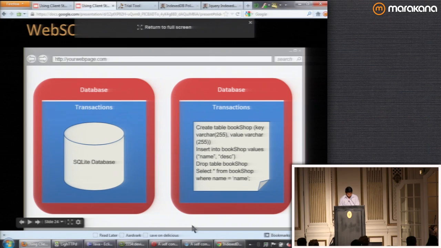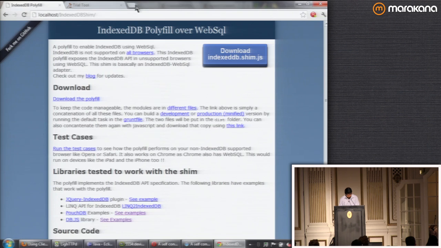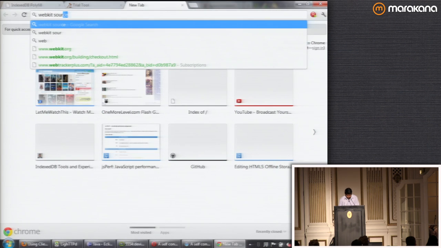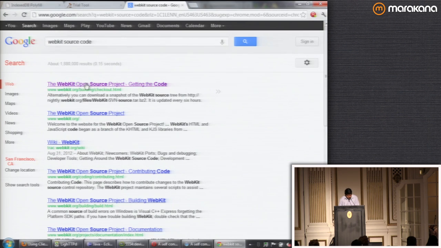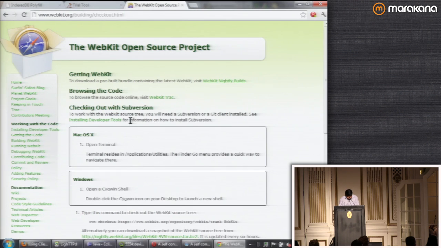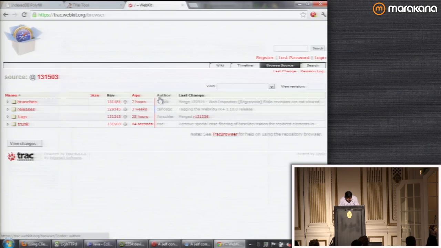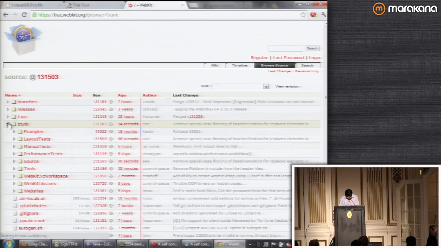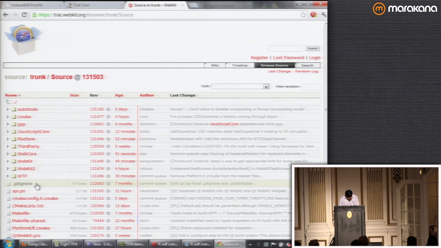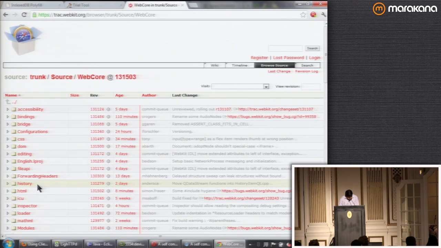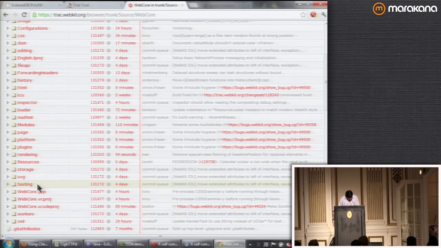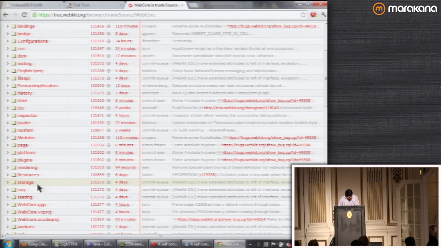And if you look at the Google Chrome source code, I'm not sure whether it's a good idea to pull it up right now, but let's just see. So it's in trunk, WebCore. You know what, I think I'll pull this up later, but the point I was trying to make was, if you actually go into the Google Chrome source code and look at the SQL statement,